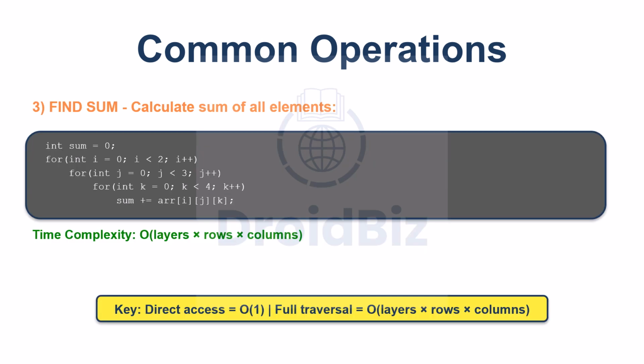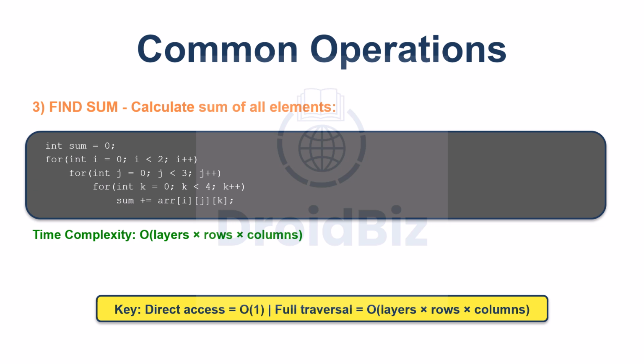Operation 3, find sum. To calculate the sum of all elements, we initialize sum to 0. Then we use 3 nested loops to traverse the entire array and add each element to sum. The time complexity is O(layers times rows times columns). Remember the key principle: direct access is O(1), but full traversal is O(layers times